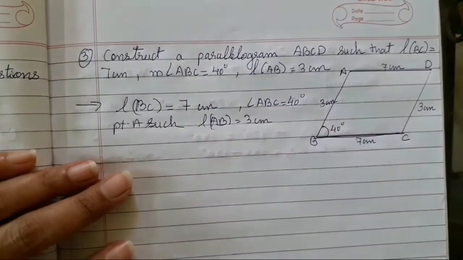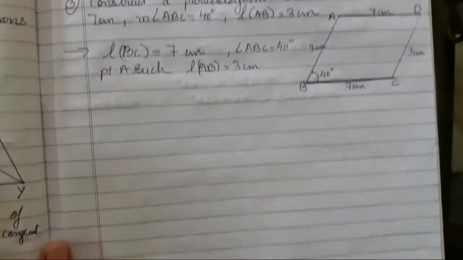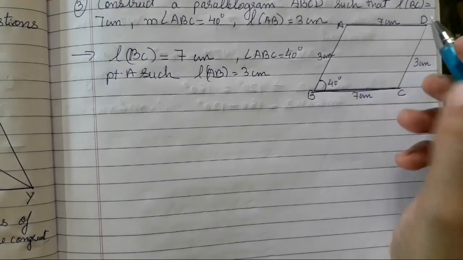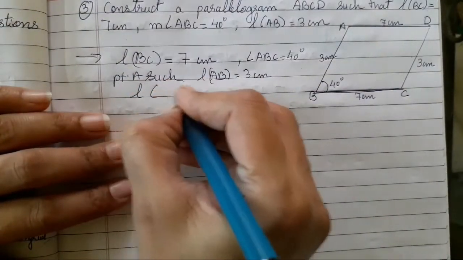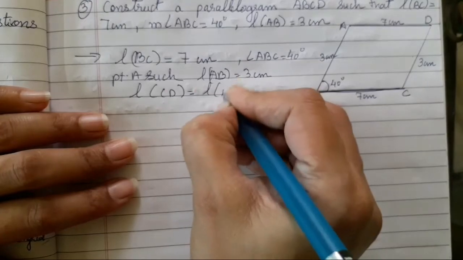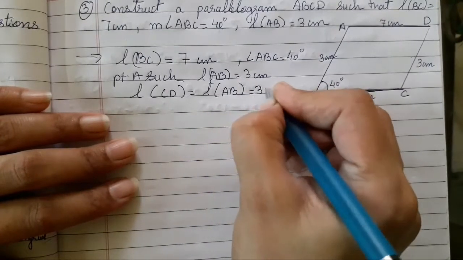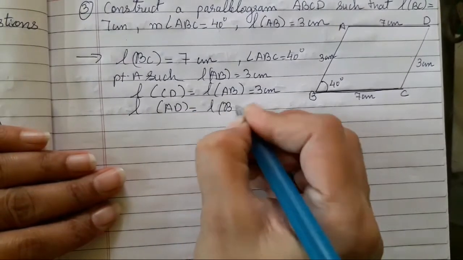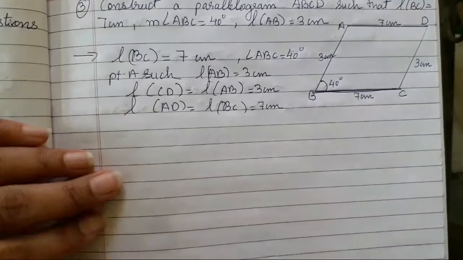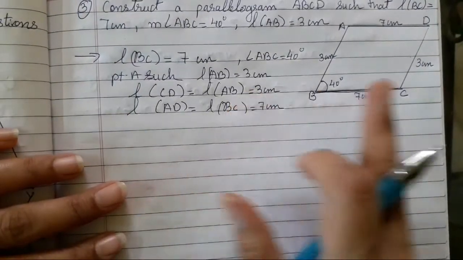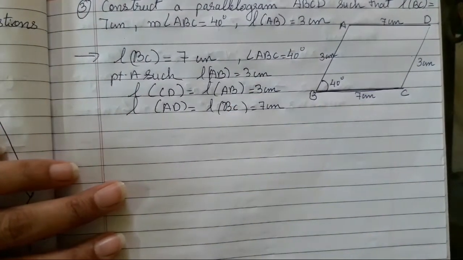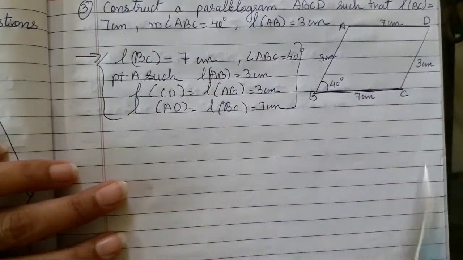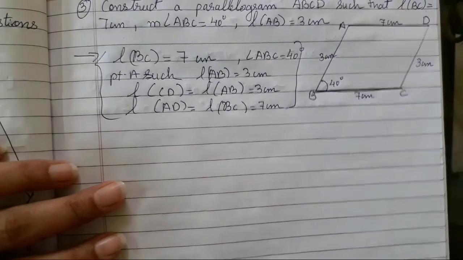3 centimeter. Okay, now the opposite sides of a parallelogram are congruent, as we have studied from the first question, that the opposite sides are congruent. Therefore, that also we have to write it, that is length of CD is equal to 3 centimeter. Length of AD is equal to length of BC, which is 7 centimeter. Okay, so from this, children, you all have to draw this diagram. It is very easy. You all have to only put such solution before drawing it, and then you all have to draw a fair figure.